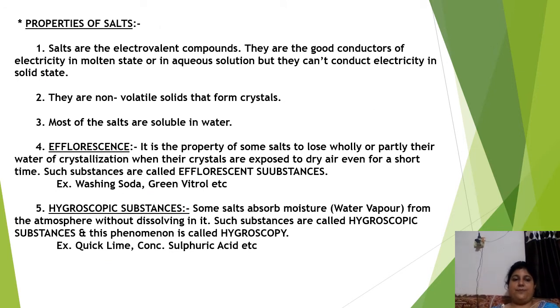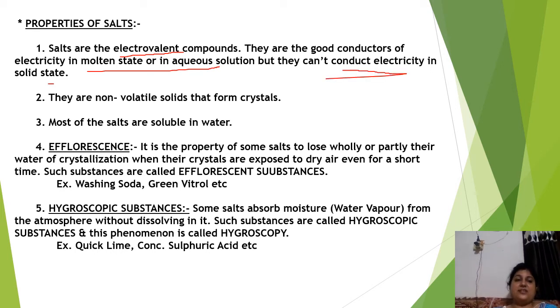Now some important properties of salt. Basically, salts are electrovalent compounds. Electrovalent means ionic compound. So they are good conductors of electricity in molten or aqueous solution, but they can't conduct electricity in solid state. Why? In the previous chapter I explained the reason: